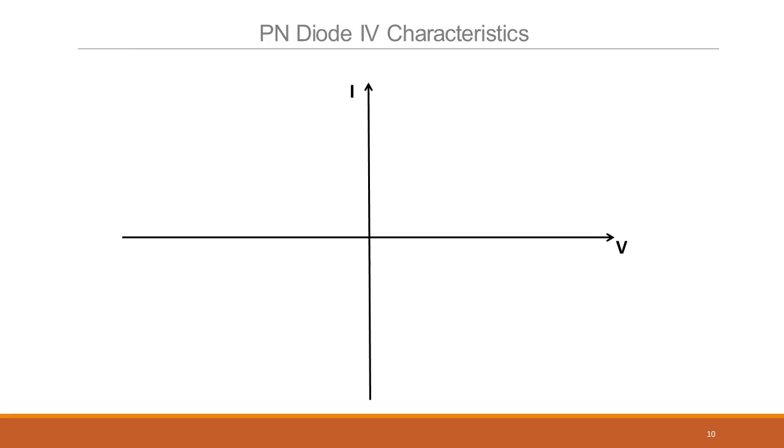Now if I draw the full IV characteristics of a diode, in the forward bias we saw it is exponential. The current increases exponentially with the applied voltage. Under reverse bias, we saw that it saturates very quickly and remains constant, and this value is IS. I've shown it exaggerated because otherwise you won't be able to see it. It's a very small quantity that flows. Now, in the previous video, we saw that there are two breakdowns, Zener and avalanche breakdown.